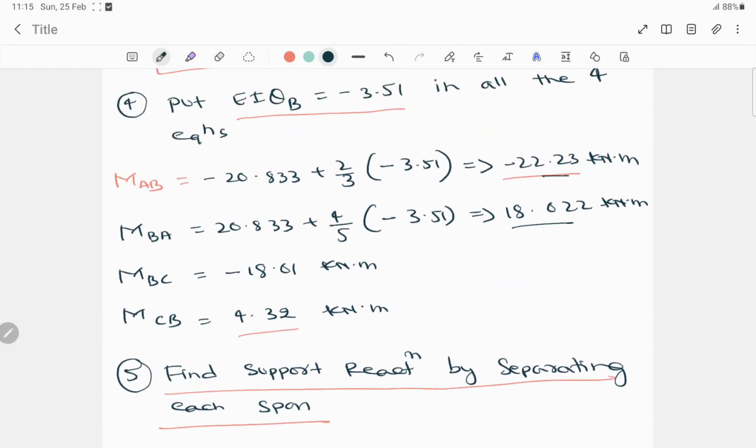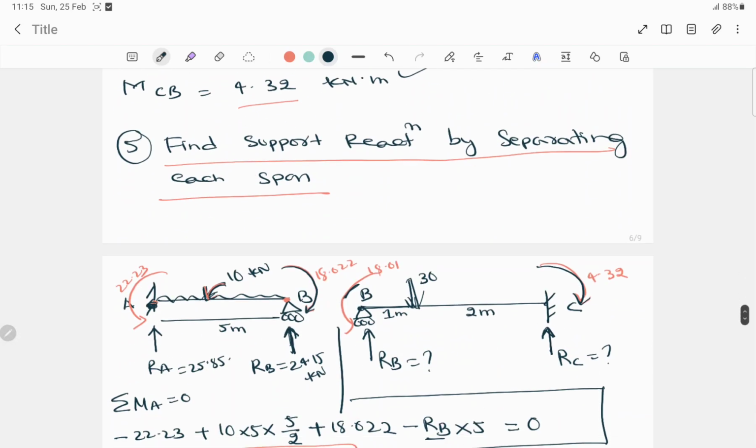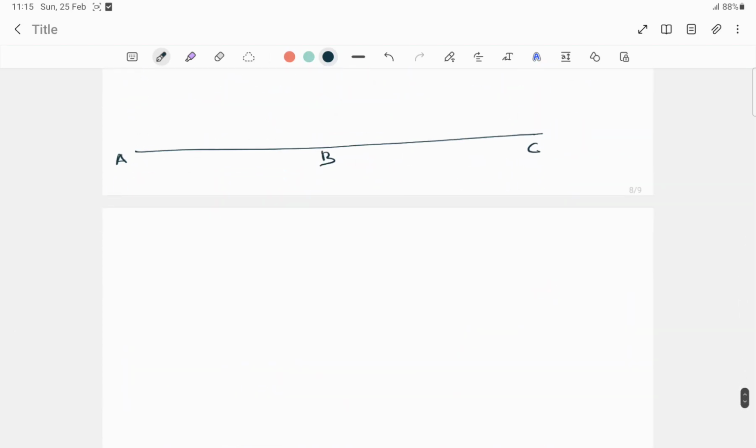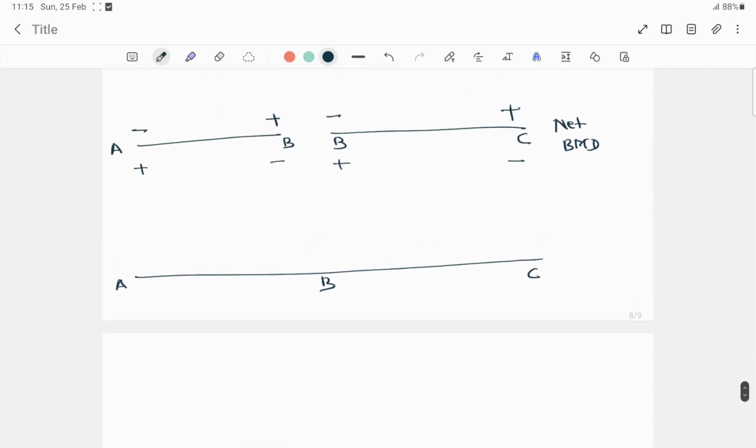So first value was MAB. I'll write down here. The first value is minus 22.23, so minus means it will go up around 22.23,